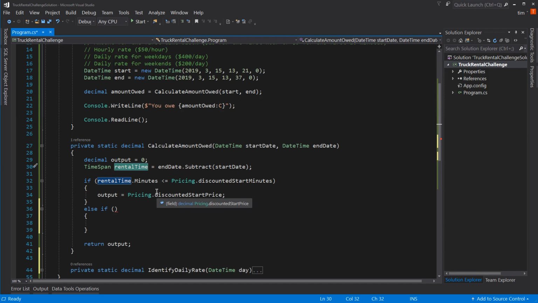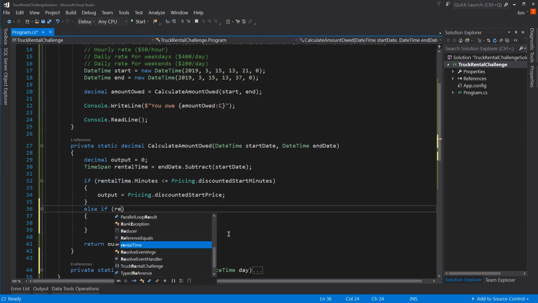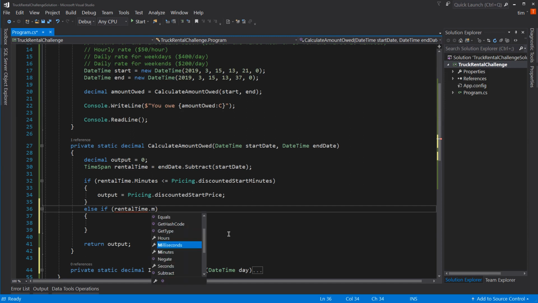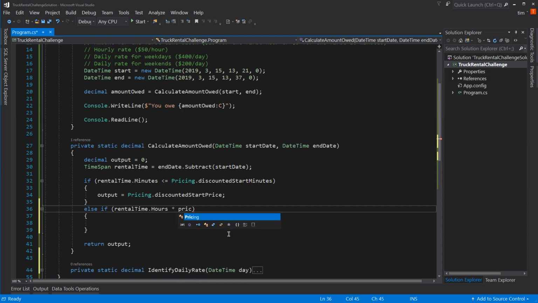So you can say if the number of minutes, rental time dot minutes, oops, not minutes, hours. Makes it easier. If the hours times the hourly rate, so pricing dot hourly rate, if that calculation is less than the identified daily rate for start date,